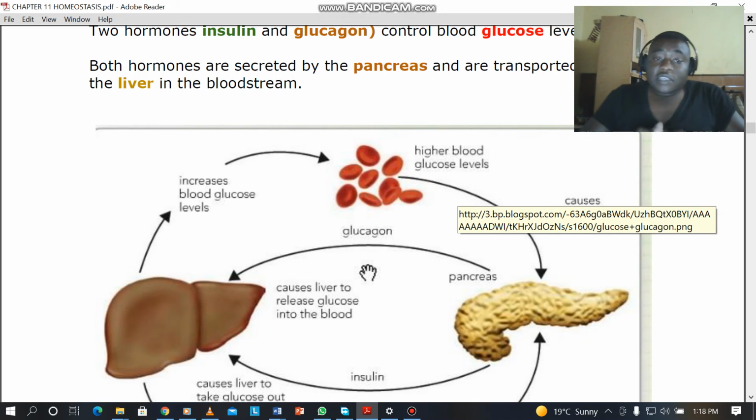When your body runs out of glucose, remember we have the stored glycogen. It's a form of glucose, but it is insoluble. So when we run out of glucose, we convert the stored glycogen to glucose. This process is done with the help of a hormone called glucagon. Glucagon is also produced by other cells in the pancreas, and it travels via the bloodstream to instruct the liver to convert